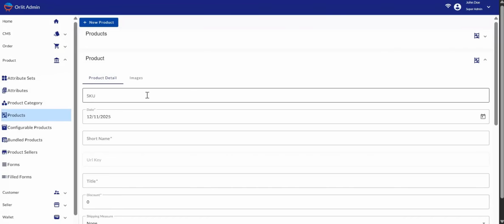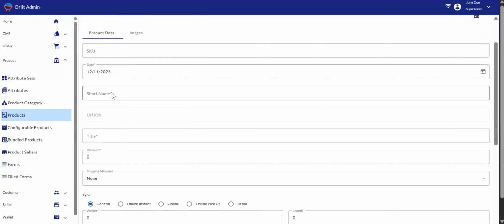But whichever option you choose, make sure that you are consistent with it. If you decide to leave it auto-generated, make sure that it is consistent throughout all the products that you'll be creating. And if you want to type it manually, be sure that you are consistent with whichever option you pick as well. So here, I'm going to leave it auto-generated, and then I'll come to the short